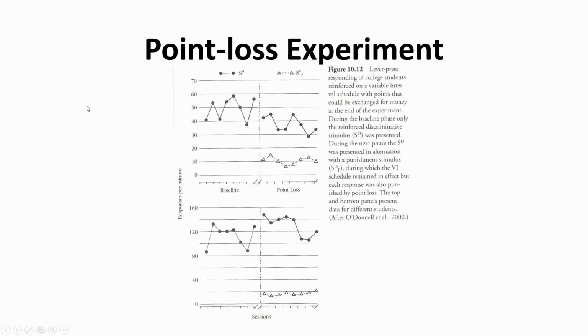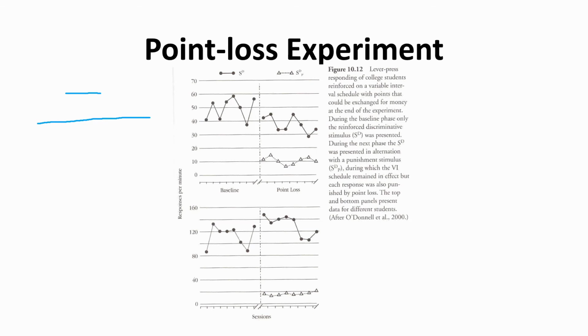So what these are is basically two different sized lines. So we have a short line and a long line. And for these, one of them is going to be reinforced. So during the baseline, they're only presented with one type of line. So we would have, say, only short lines presented,